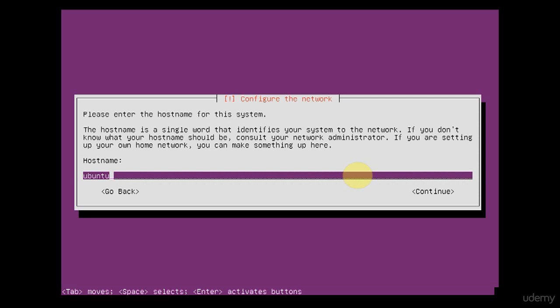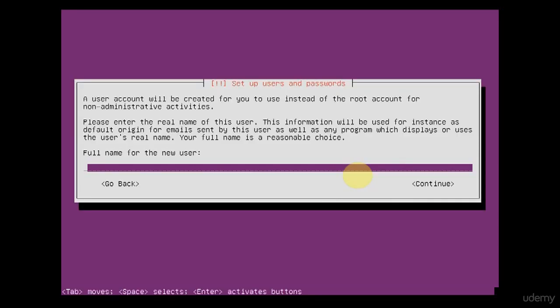Now here you can put the host name. So I'm going to put code of line, okay, and click enter. Okay, here it asks for the full name of the user. Okay, so this is my full name,